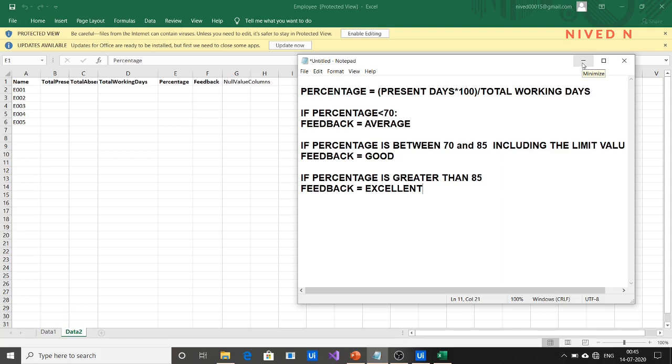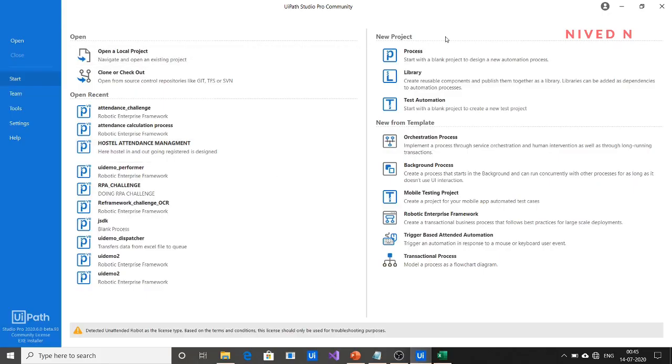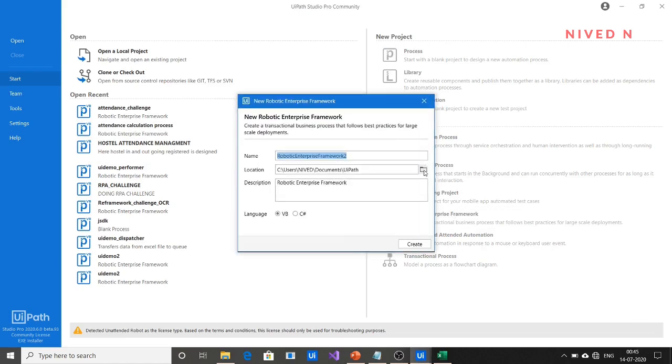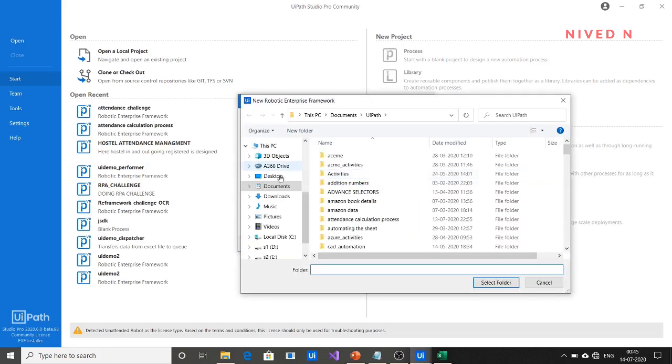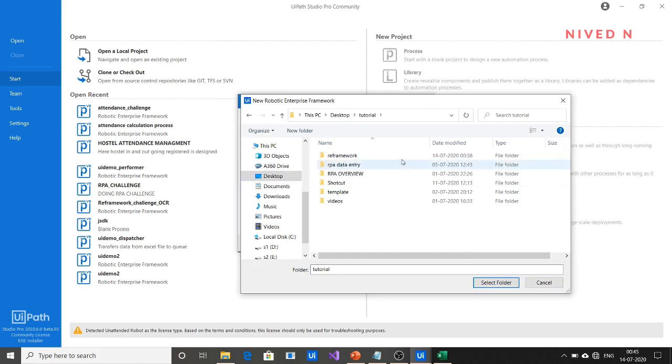So let's start by building the workflow. Just go to create an RE Framework workflow. Save it in, let's say, the tutorial section. You can save it anywhere you like.